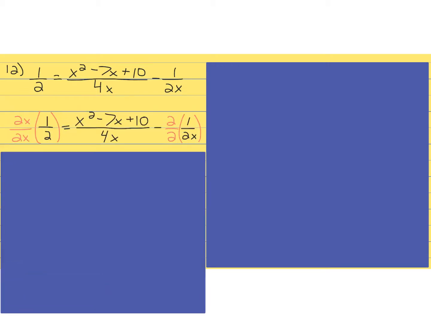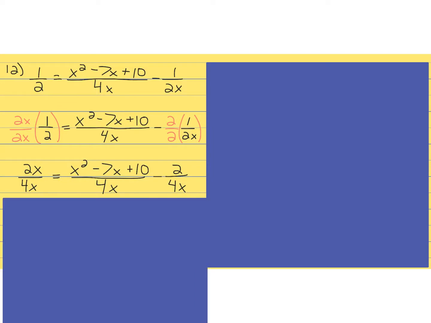And we have to do it top and bottom, as I said, and this one is already what we want it to be. So we multiply this by 2x and this by 2x. Remember, that's equal to 1, so we're multiplying by 1 there. It doesn't change it. And we do the same thing here with 2, so that when we get done, what we've got is